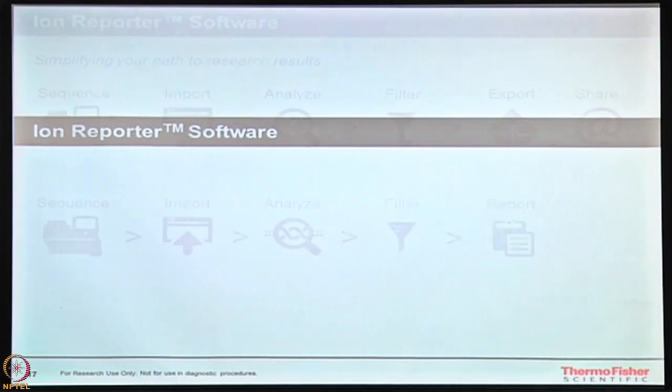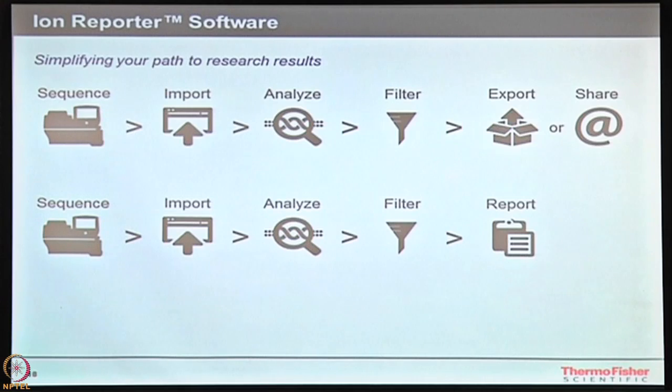With the same, I'll just take it forward with Ion Reporter software, which helps you to understand what can be done over here. So I have a way of going forward with it. You sequence your data, you take your data, you can import it onto the Ion Reporter software, analyze it for whatever you want, and take it further, filtering based on the parameters available. So what happens? Filters may be of different types. It may be your coverage filters. You want to take variants which are at a very high coverage. Say you want 1000 reads covering a particular region, then only you want to take those as called variants, right?